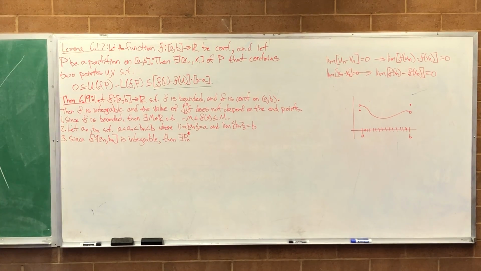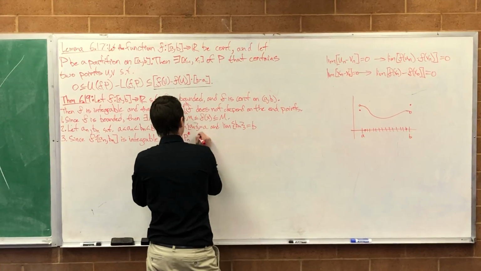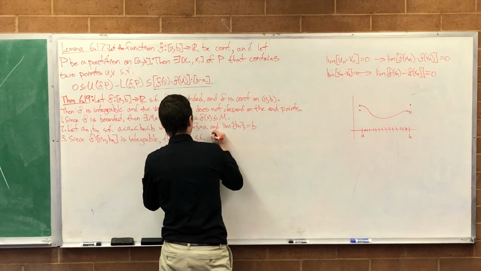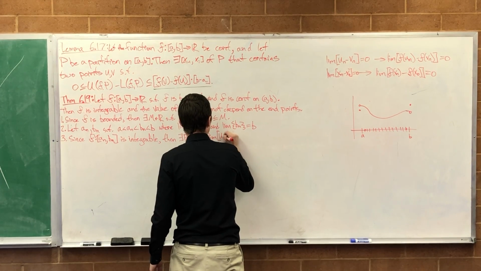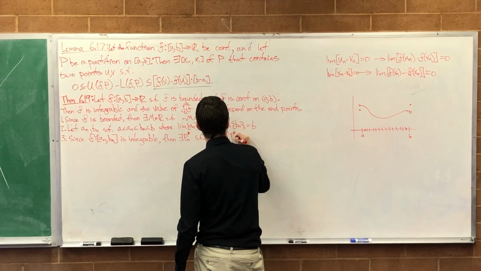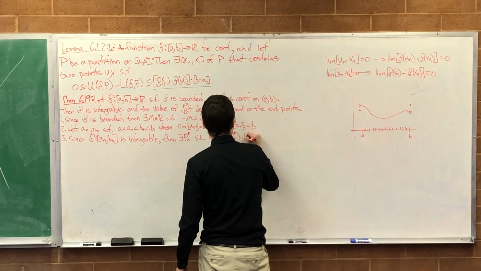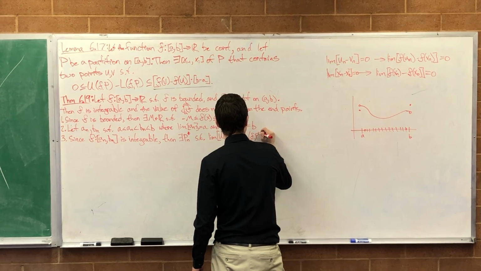There is some partition p star n that is an Archimedean-Riemann sequence of partitions. So then there exists p star n such that the limit of the upper Darboux sum of f using the sequence minus the lower Darboux sum of f using the sequence